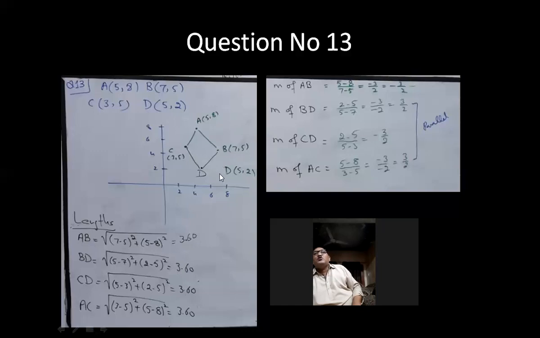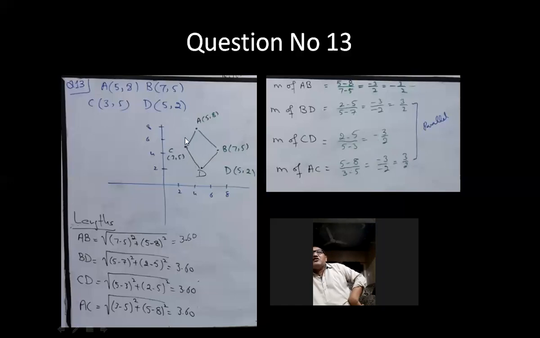It will be 2 minus 5 divided by 5 minus 7. It will be minus 3 divided by minus 2, and it will be 3 by 2. The gradient of the CD will be 2 minus 5 divided by 5 minus 3, and that will be minus 3 by 2. And the gradient of the AC will be 5 minus 8 divided by 3 minus 5, and it will be minus 3 divided by minus 1, that will be 3 by 2. So you can see the gradient of the BD,